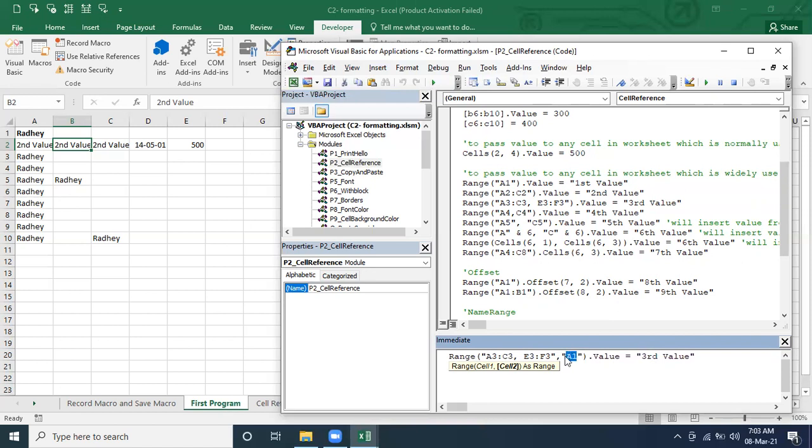Make sure that whenever you use the second argument, it should be one cell value. It should not be a range or multiple cells, otherwise it's going to throw an error. If it's a range, somehow it's manageable, but make sure we give only one cell here.